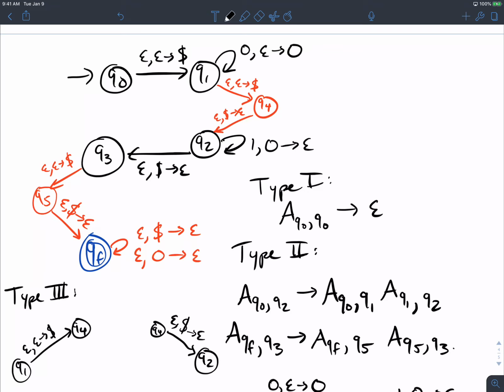So not every PDA does that transition at the beginning. It doesn't have to push a symbol immediately, because a PDA could pop on its very first transition. It'd be a dumb PDA, but it could pop on its first transition. So if we assume that as long as we're following the dollar sign convention, you're no longer dealing with a general PDA. You could do that dollar sign thing, but I don't want to deal with changing the PDA if I possibly can. I want to leave the PDA alone.